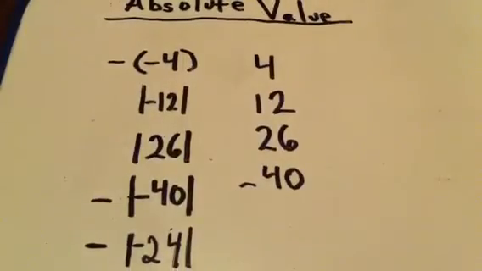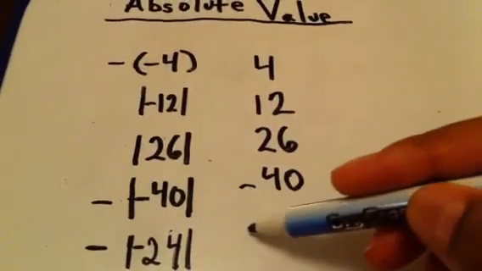Okay, here we have the opposite of the absolute value of -24. And the absolute value of -24 is 24. The opposite of that is